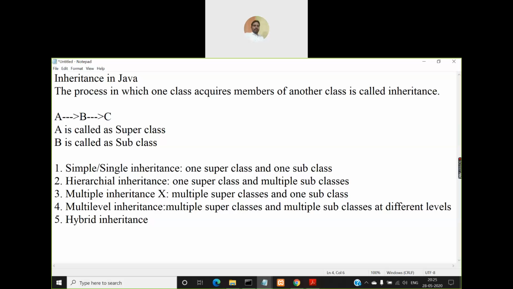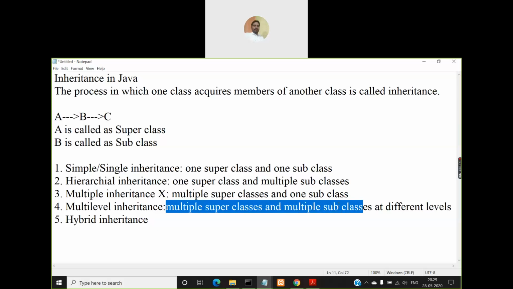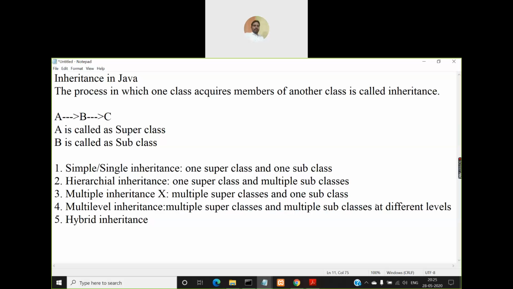That is what we mentioned here: multiple superclasses and multiple subclasses, but at different levels. Okay, so this is called multi-level inheritance.